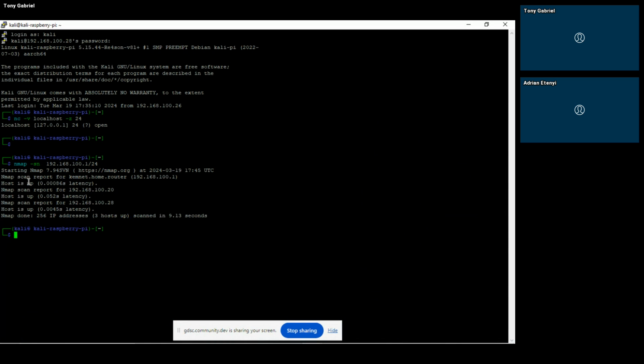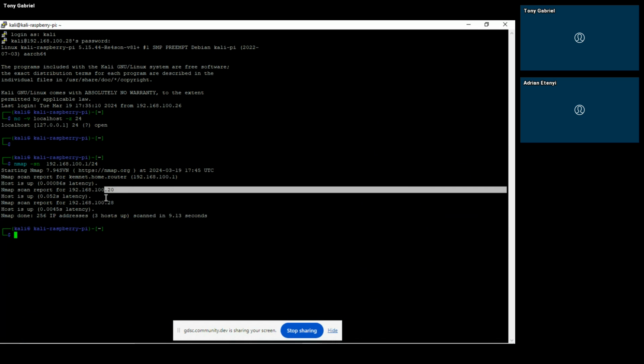Here we can see Nmap has scanned. It has found two devices that are on. That is the 20 and the 28. So